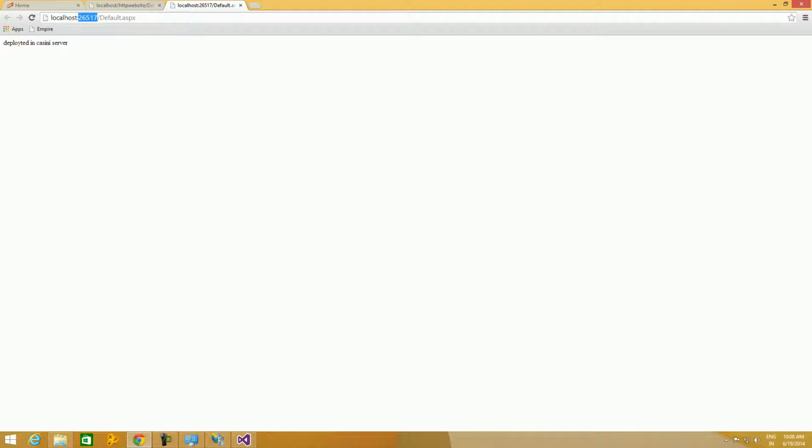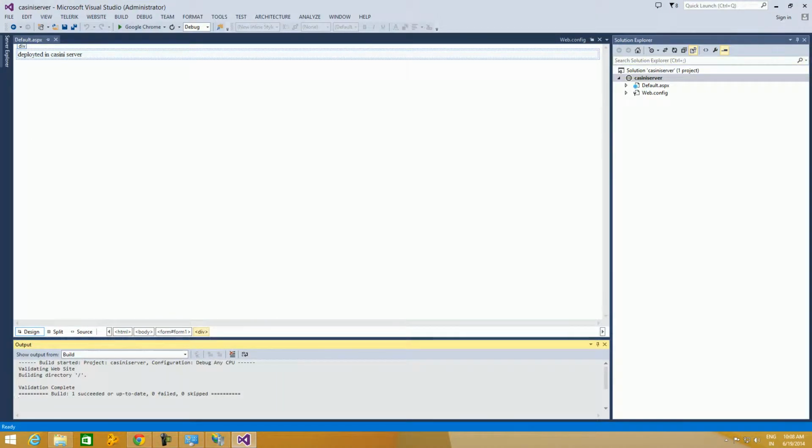Now you develop your website using Development Server, and finally after we are finished making changes to the website, you have to copy or deploy it to the actual IIS. For that you have to go to the folder. So where is the folder?